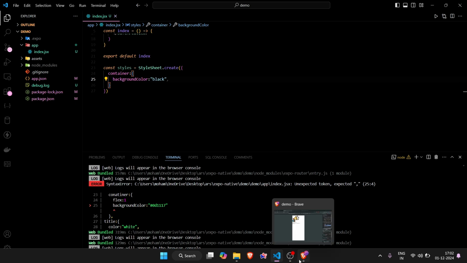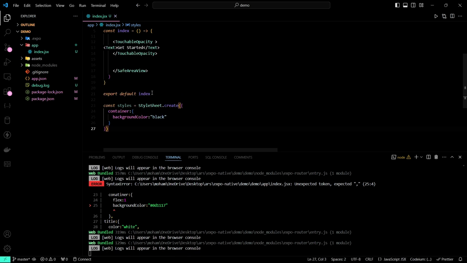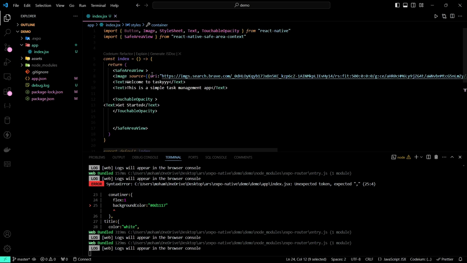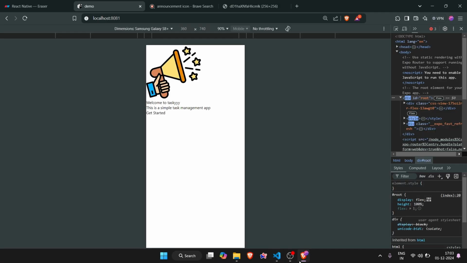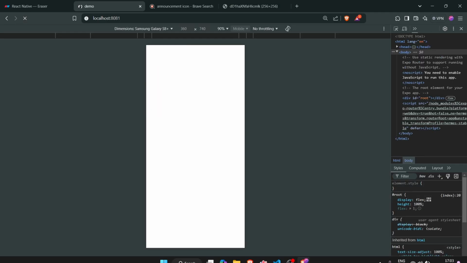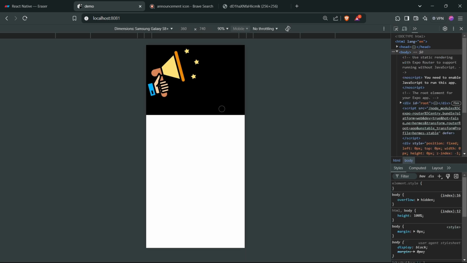Okay, let's save. See, here you can't see the black color background because you have added a color, but you did not use this anywhere. I want to use this on my main container. Style, here styles dot container, which is the same name as this. Save this. Let's refresh. Oh sorry, I misspelled container. Done. Yeah, this is visible now, but you can see that I can't see any text over there,